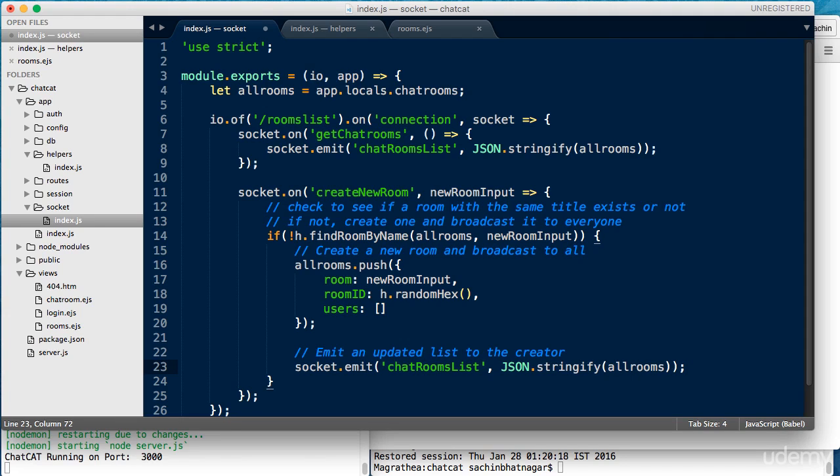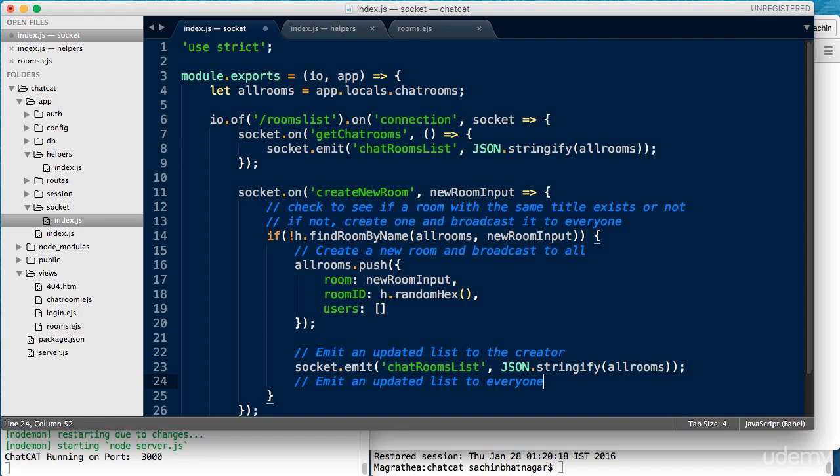What is important to note here is that socket.emit only sends data to the user who created this chat room and not to everyone else who's connected at that moment to the rooms page. In other words, socket.emit only emits back to the actively connected socket, and you might want to remember that as a key feature.